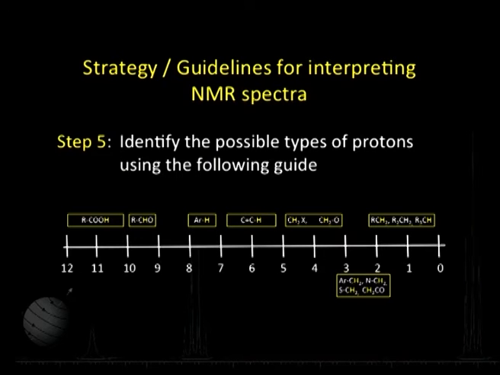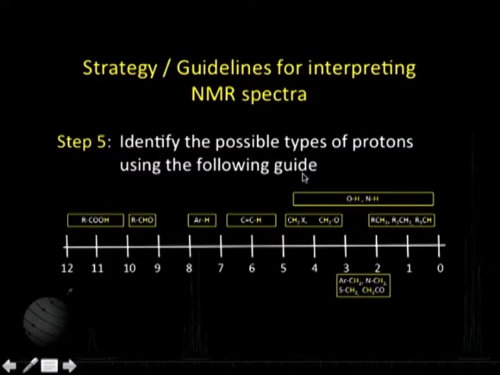So, these ranges you have to keep in mind, because you see where the signal is located, so that will give an indication about what kind of protons may be causing this particular signal. Similarly, the hydroxy and NH protons come in the broad range of about 0 to about 5 ppm, and sometimes they happen to be broad, as we showed in one of the spectra in the previous session.